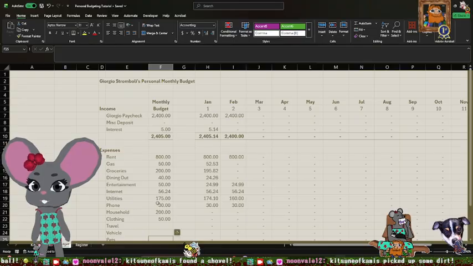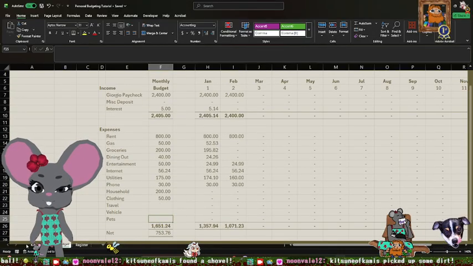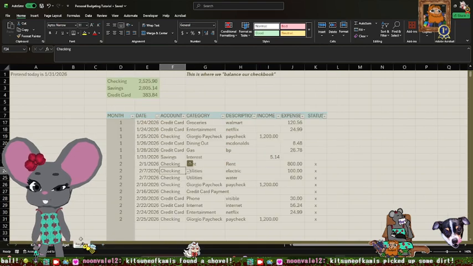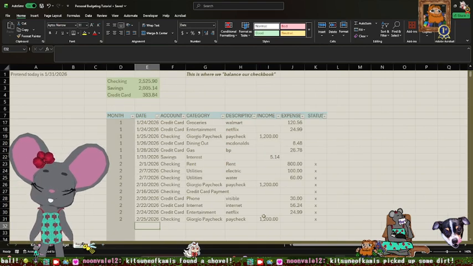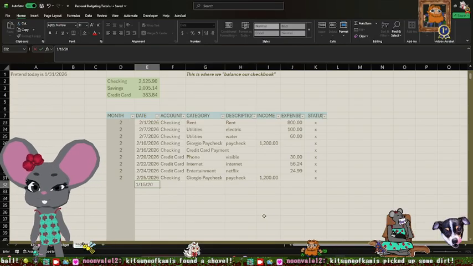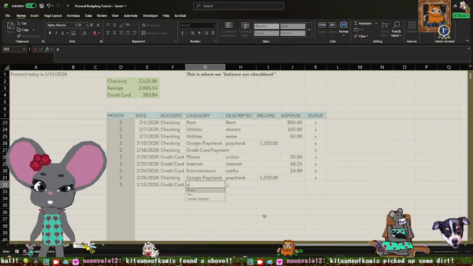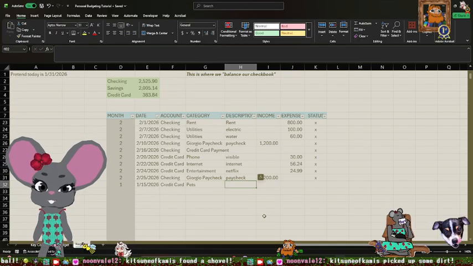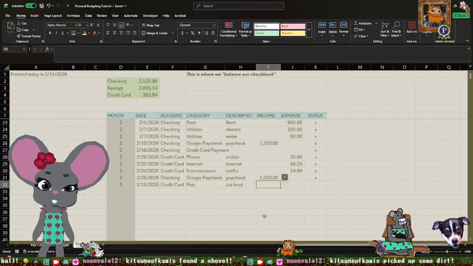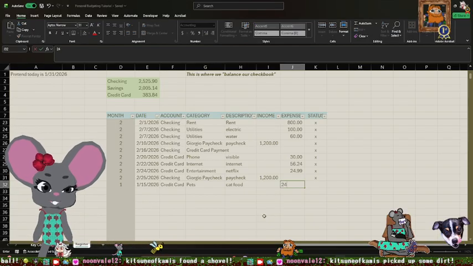Pets. We didn't have any pet expenses this month. Maybe we have a cat, okay? Everybody likes cats. We bought cat food this month on our credit card. And let's say cat food was $20.